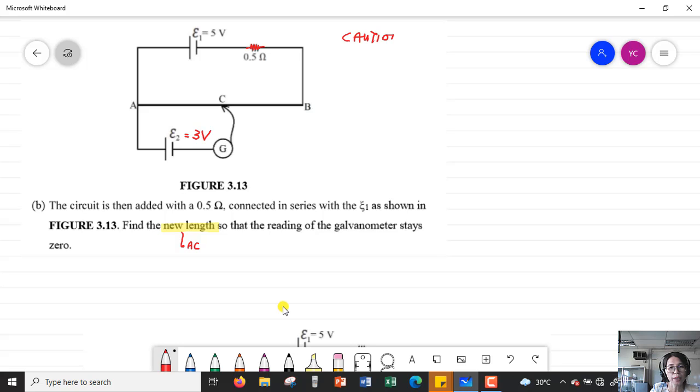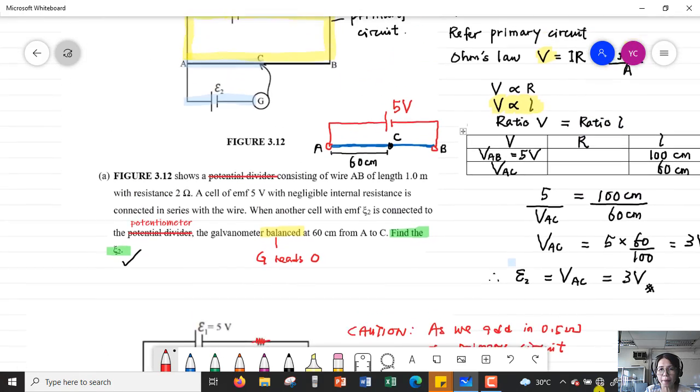Kita kena be careful. Kita kena ingat. Sekarang kita tambah satu resistor to our primary circuit. So we add in a resistor to our primary circuit. So as we add in the 0.5 ohm resistor to the primary circuit of our potentiometer, then we will find out that the 5 volt is not only given to the voltage across the whole wire anymore. Kalau you perhatikan soalan 15A,